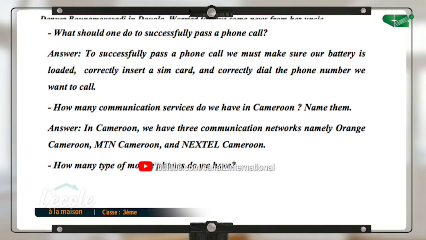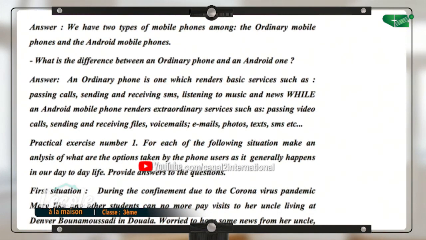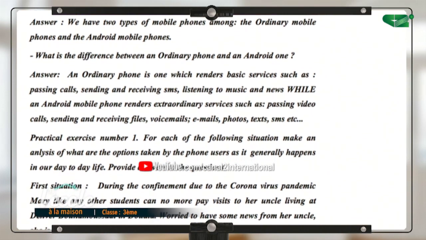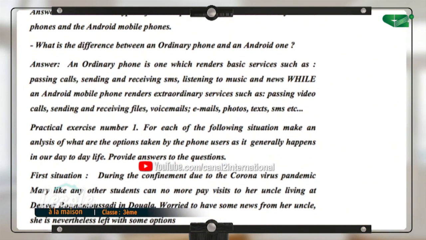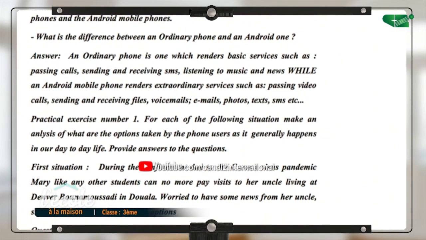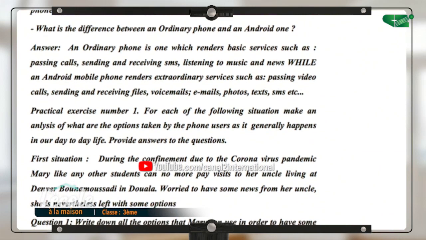Right after that, the question that follows is, how many types of mobile phones do we have? Broken down, the understanding. So the answer here is we have 2 types of mobile phones: the ordinary mobile phones and the Android mobile phones. Another question, which will be the last for this first